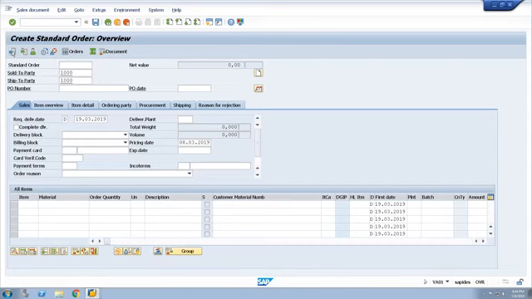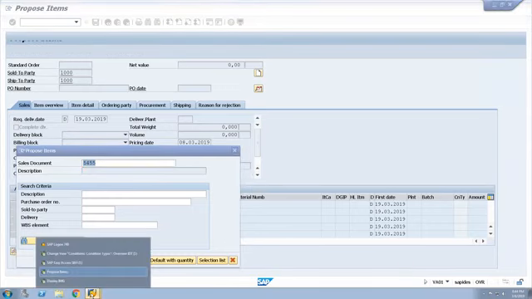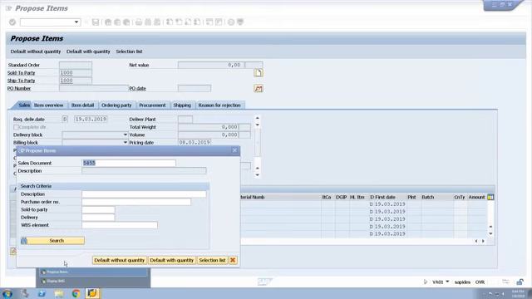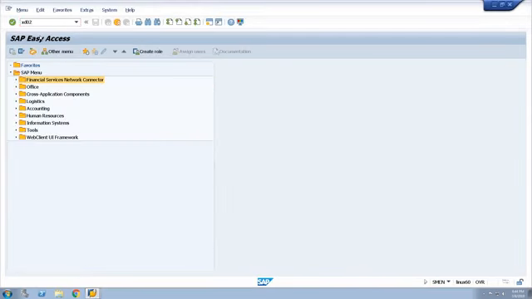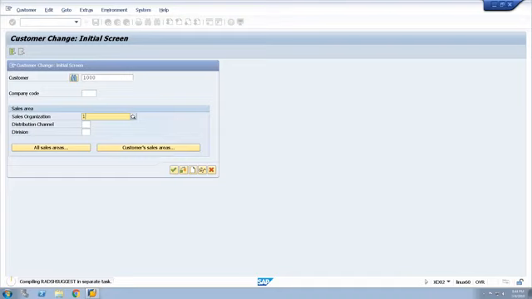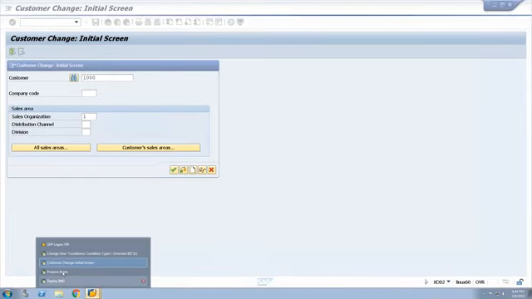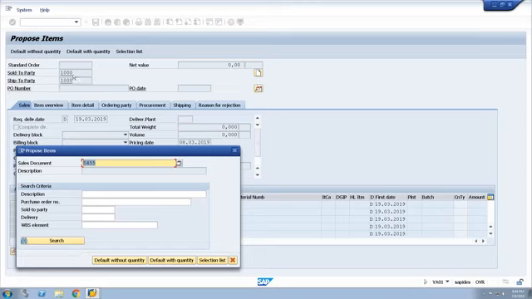You see 5455. So from where is the system picking 5455? That is from the sold-to party in the customer master, which we assigned. We have just seen it, right? I hope we already saw it. So the system is picking up 5455 from the sold-to party in the customer master which we assigned.